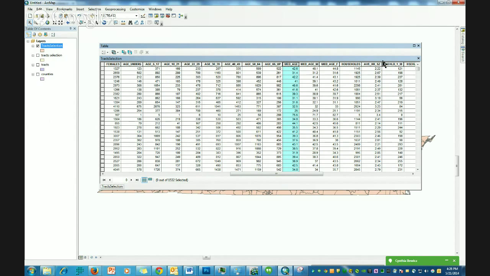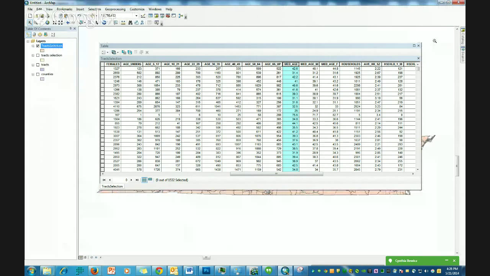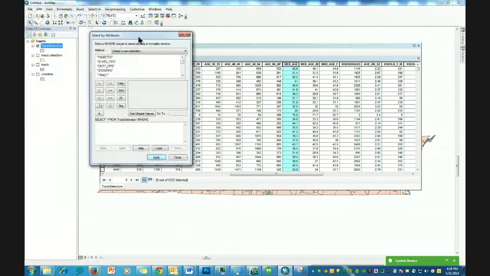So instead of going up to the selection menu bar item and clicking select by attributes, we're going to initiate an attribute query using a different method. We can also go to the table options and hit the select by attribute button, which basically pops up the same dialog box, but this one deals specifically with the layer of interest, and we no longer have the option to pick different layers. So again, we're going to create a new selection, and we're going to start off where we have the median age,